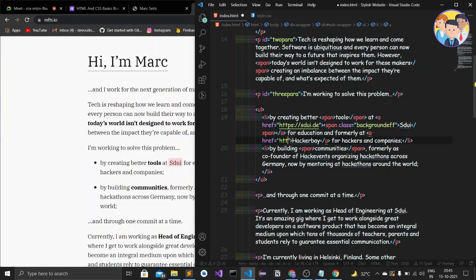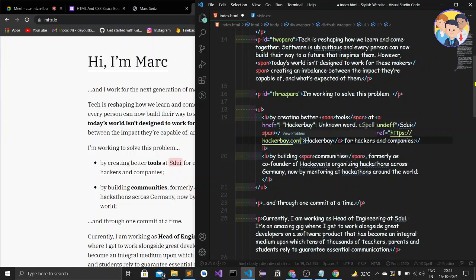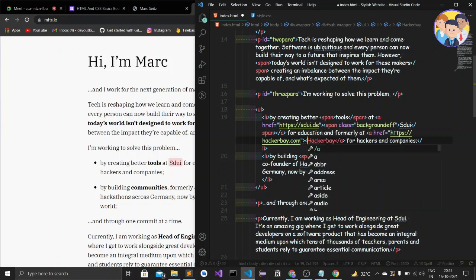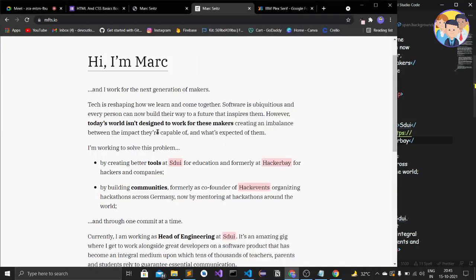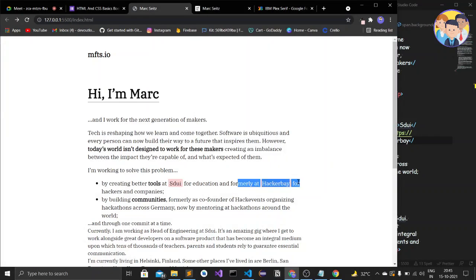So the link is https://hackerbay.com. Inside that I will put the span element, and I'll cut this ending tag of span and paste it before the closing tag of the anchor tag. Now here we'll give a class as background effect. So we got this effect and we got this hover effect also.